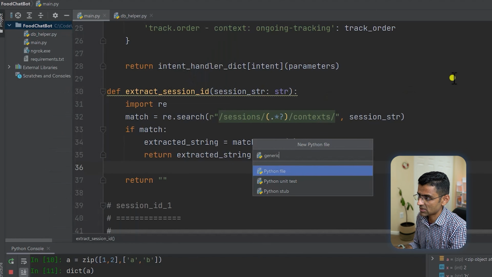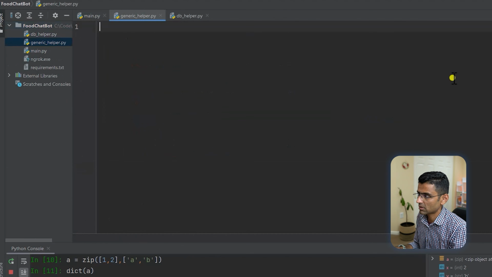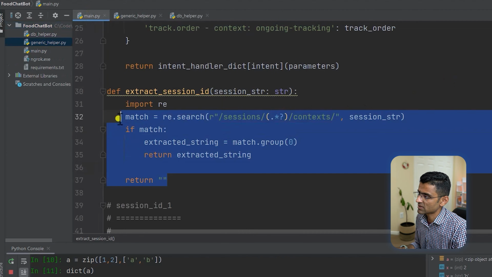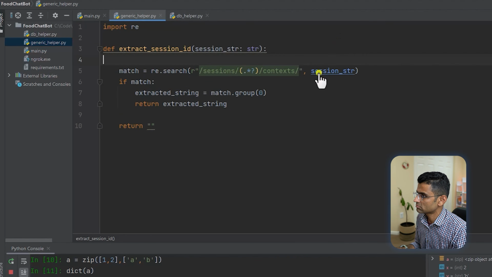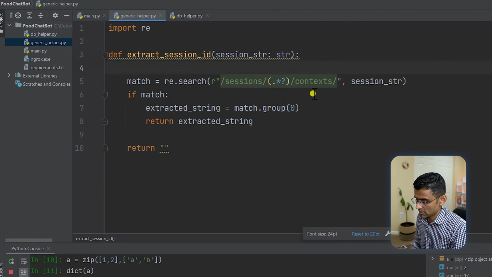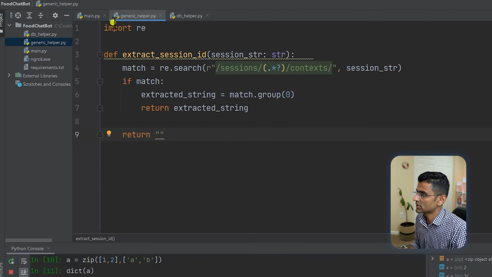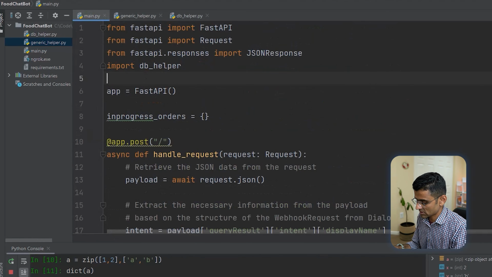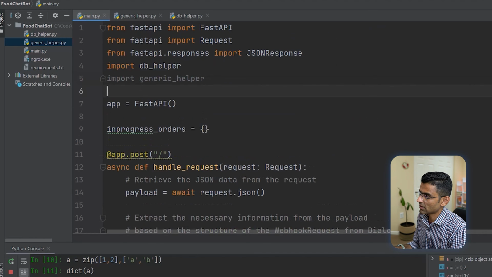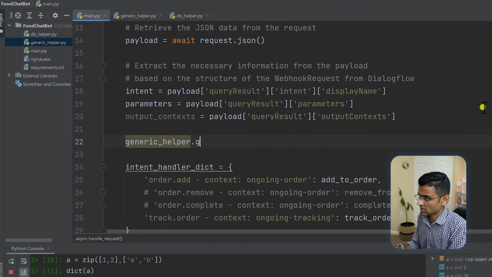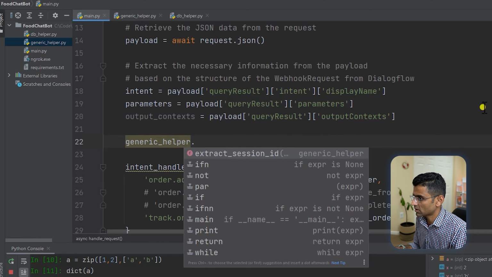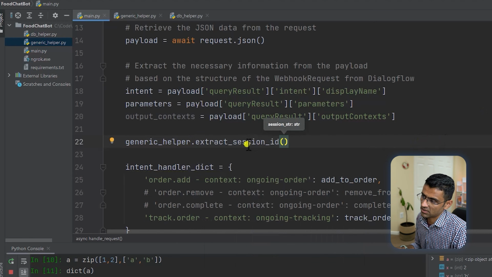So here you can say this is a generic helper.py, and I will move this function there. So let me move this function here. Maybe this one, you can move it at the top, and import this particular file here. So you'll say import generic helper, and when you want to extract that session string, you will just say generic helper dot extract session ID from